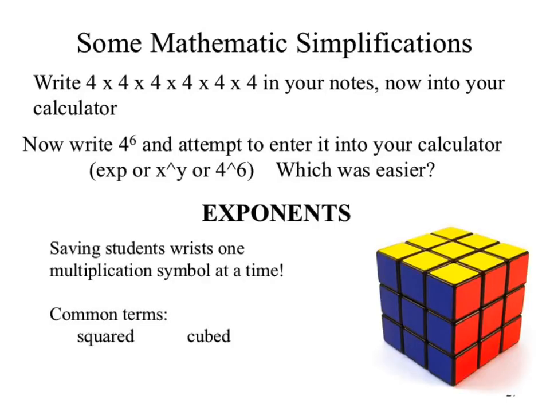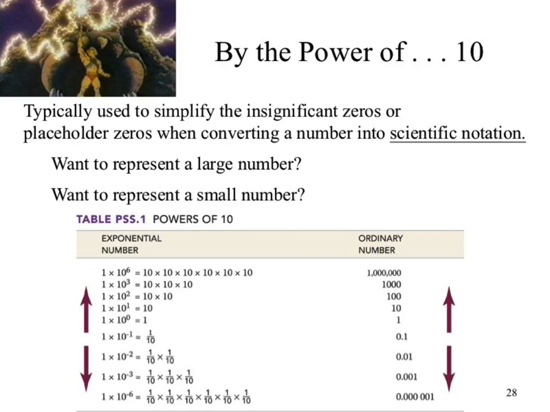These ultimately show up really commonly in terms like squared and cubed. What is squared? 2. How do you calculate the area of a square? Length times width. Meaning two things. Squared, cubed, length, width, height, three things. So you could see those terms pop up. I will stop, I promise. I won't continue on. We'll go ahead and end.